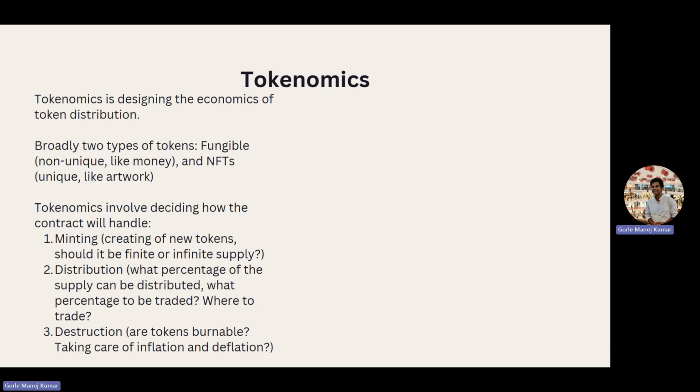Fungible basically means that they're non-unique, which means that if you have 2 units of that asset, they will be interchangeable. If you have one, I have one, those have the same value. Whereas NFTs are unique, which means that there's just one copy of it or something like that. Both of them are valuable. Fair. When you want to design tokenomics, now tokenomics itself is a very broad and deep science,